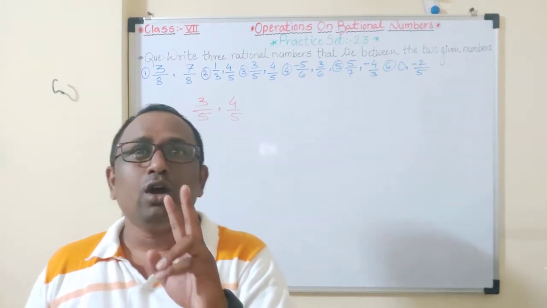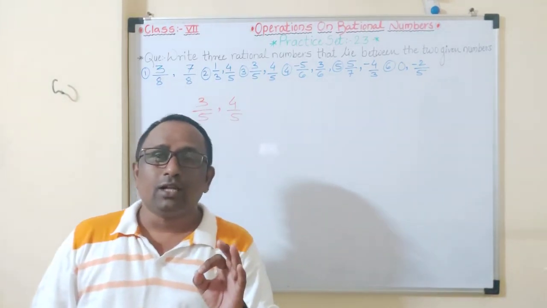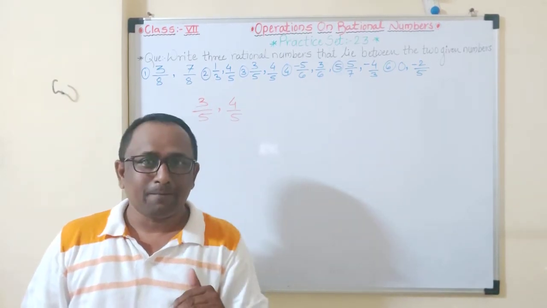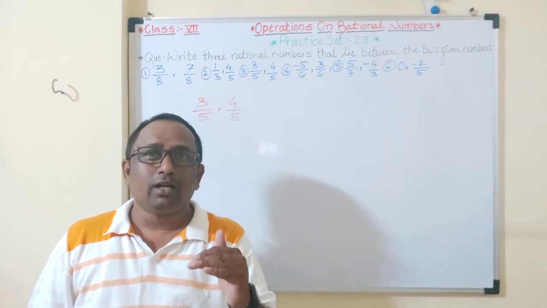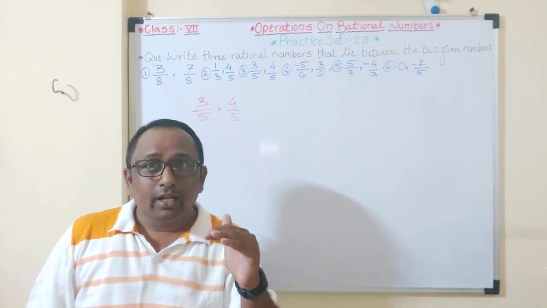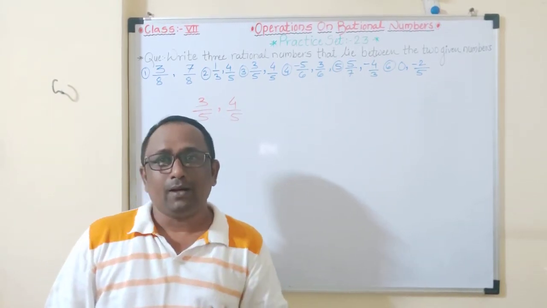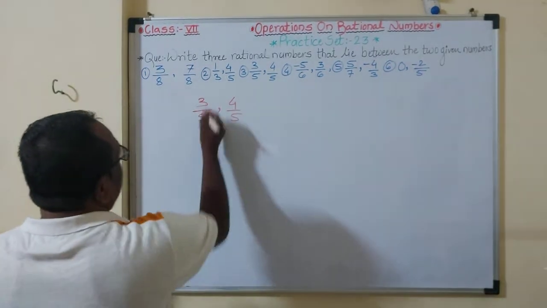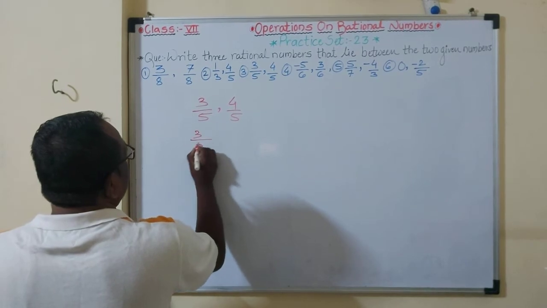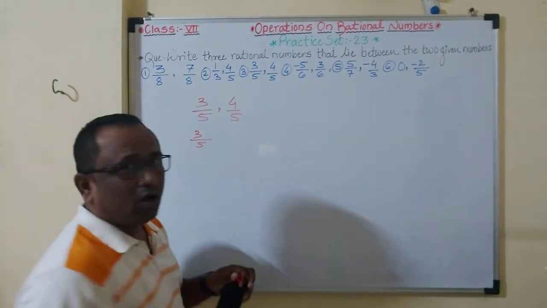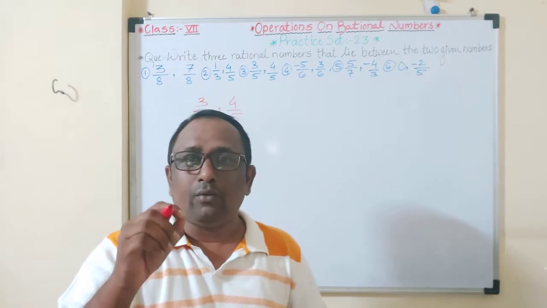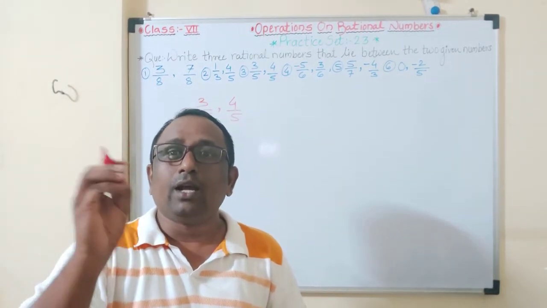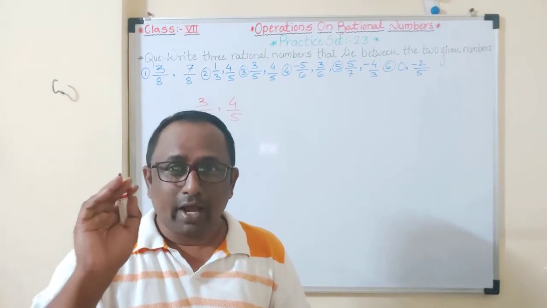So here also, when we get consecutive rational numbers, then we have to increase the numerator. How do we increase the numerator? By multiplying numerator and denominator by the same number. So let's see. Now first fraction 3 upon 5. When we are multiplying numerator and denominator by the same number, always choose a little bit bigger number. Why am I telling you?